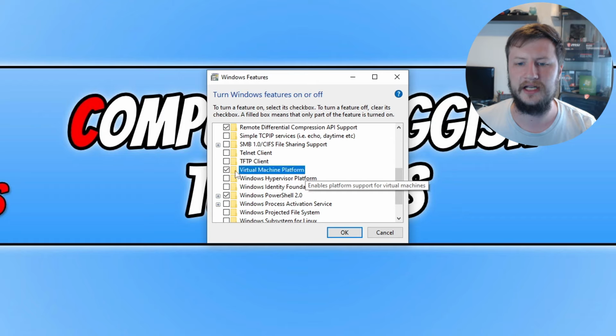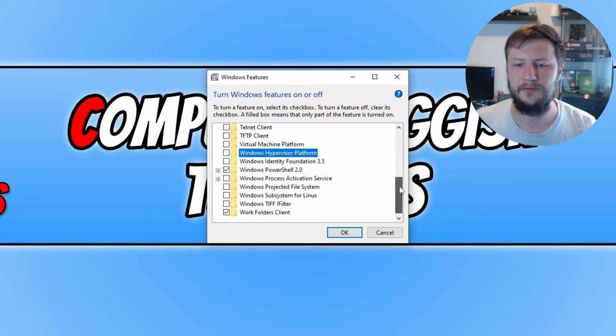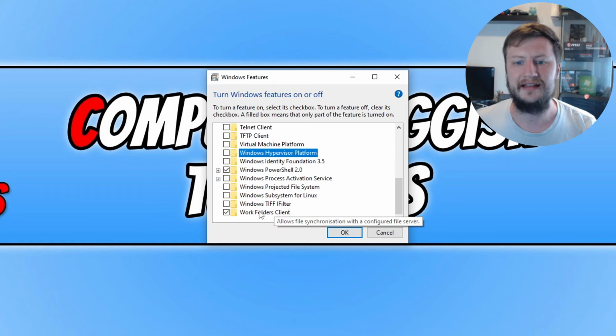As you can see, it's currently unticked. So you need to make sure this option is unticked, and you also need to make sure Windows Hypervisor Platform is also unticked. As you can see, when I highlight the option, it says enables virtualization software to run on the Windows Hypervisor. And the top option says enables platform support for virtual machines. So like I said, make sure these two options are unticked. And if you scroll down more, as you can see, there are no other options for virtual machines. But if you do see an option here that is for virtual machines, then toggle that